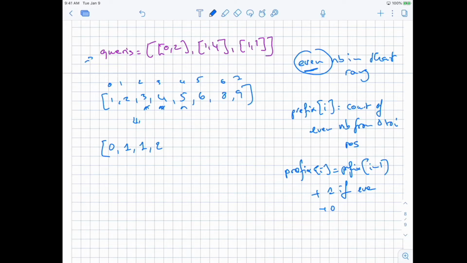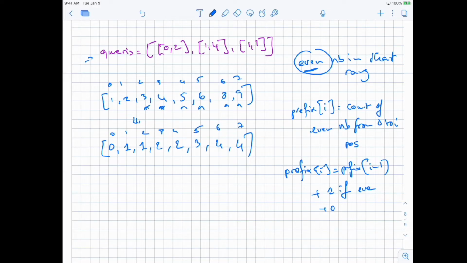We go here, 5 is odd, so we just put 2. We go here, 6 is even, so 3. We go here, 8 is even, so we have 4. We go here, 9 is odd, we have 4, right? And now if we look at the range 0 to 2, so 0 to 2, 0, 1, 2, 3, 4,